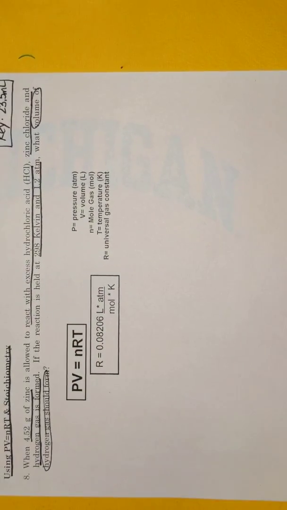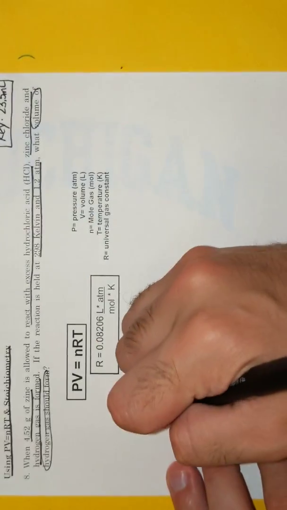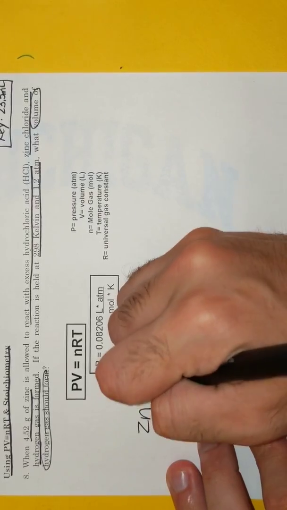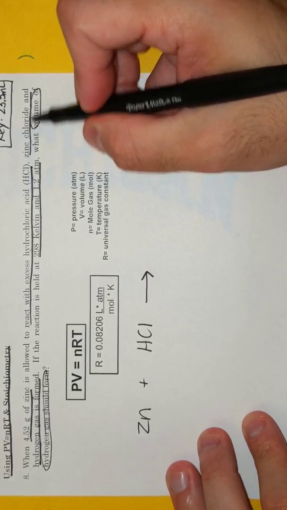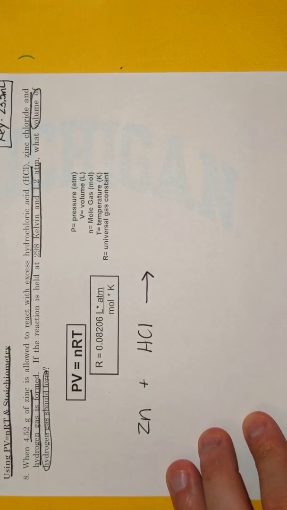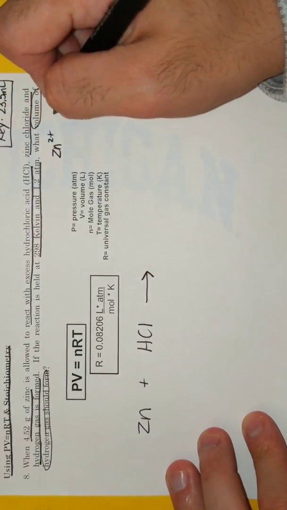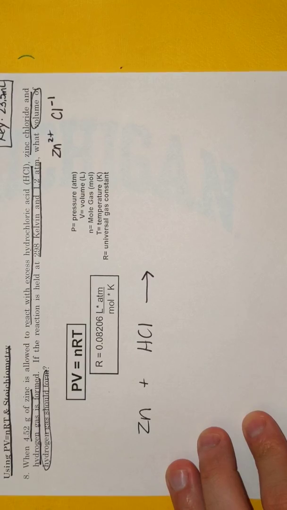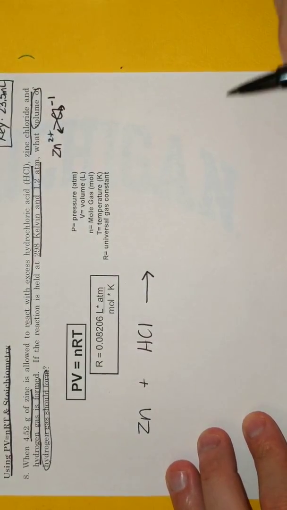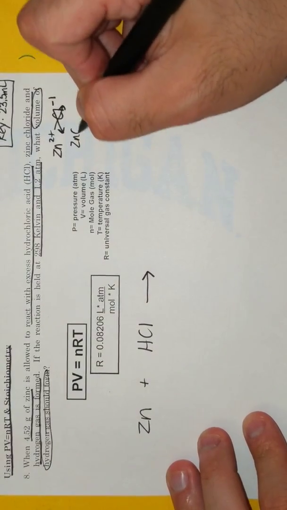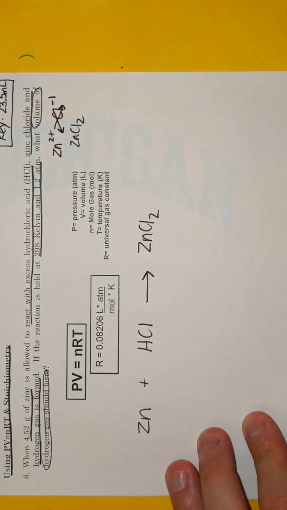Whenever I give you a chemical reaction, I want you to write the balanced chemical equation. Zinc is allowed to react with excess hydrochloric acid, so zinc and hydrochloric acid produce zinc chloride. A lot of us kept making mistakes writing the formula for zinc chloride, but you need to know that zinc is 2 plus and chloride is Cl minus 1. So with the crisscross method, I get ZnCl2. That is zinc chloride. And then hydrogen gas,